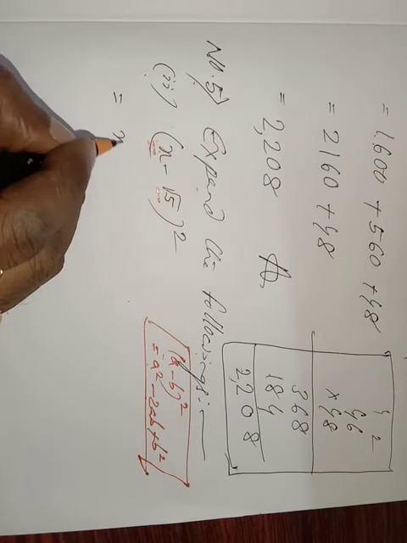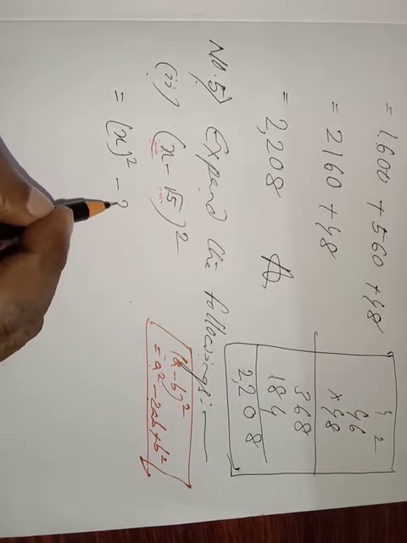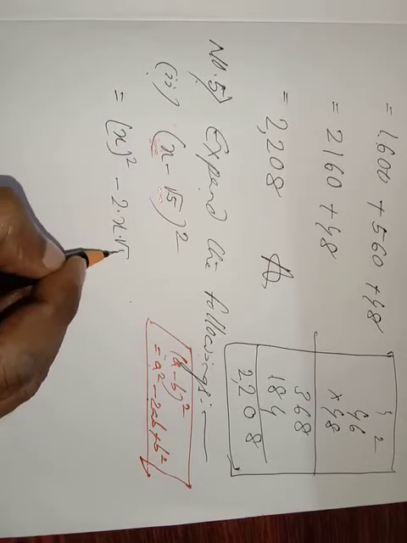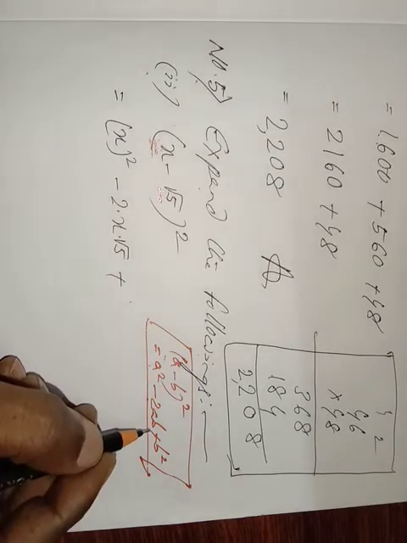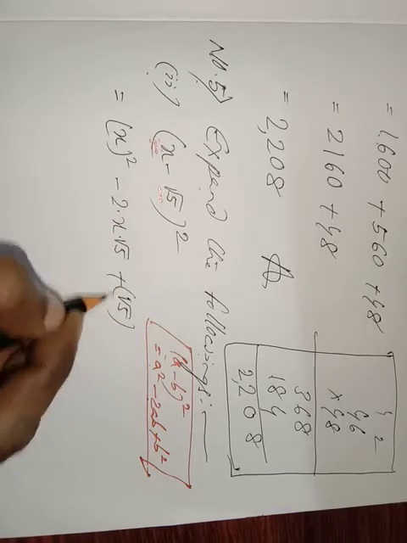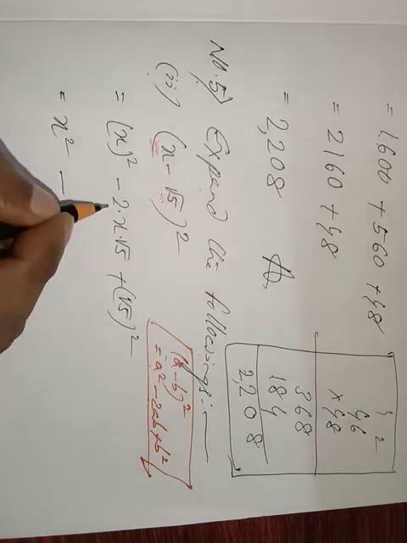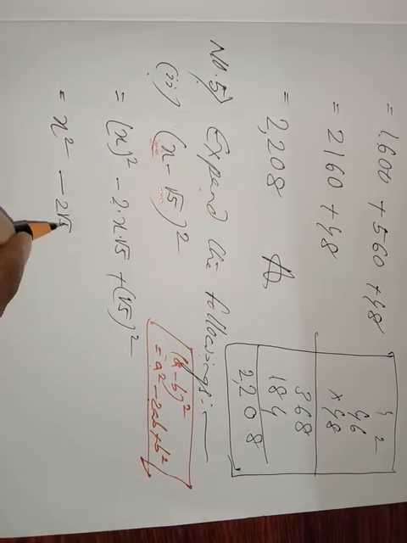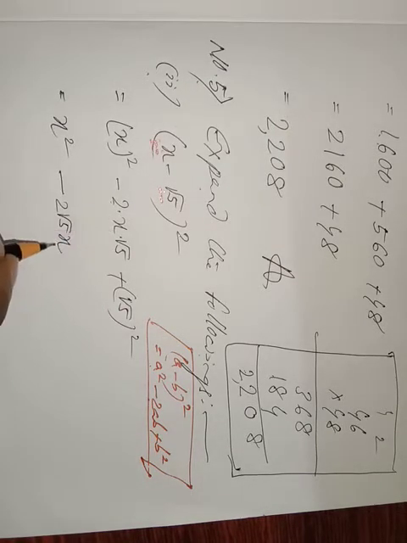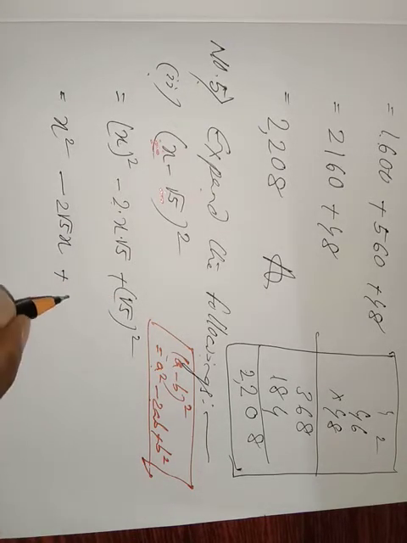See, a whole square means x whole square, minus 2ab. 2a means here x, b means here root 5, plus b whole square. b means here root 5 whole square. Now you see, x whole square means simply write x square, minus 2 root 5 into x. That cannot be multiplied, irrational number. 2 root 5x plus root 5 whole square. If you multiply root 5 two times, the result will be only 5.